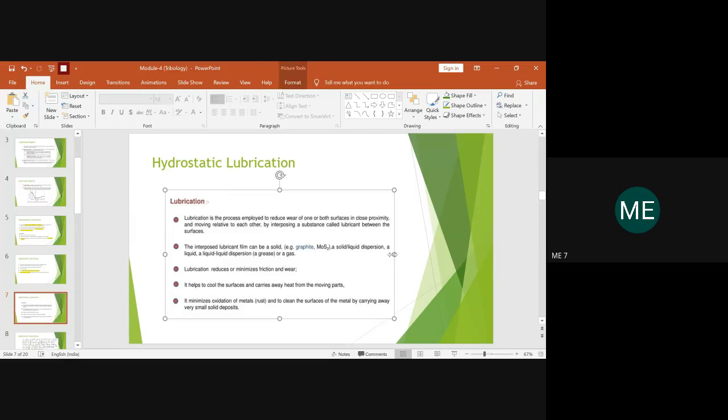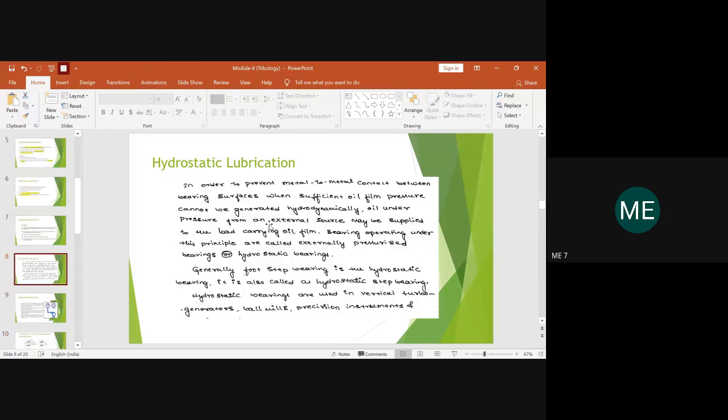What you have to understand here is what you mean by lubrication and what its functions are. I don't want to repeat again. It mainly reduces friction and wear. It helps to keep the contact surfaces cool enough by removing the heat released due to relative motion, and it also minimizes the oxidation of the metals across the contact surface. So due to these reasons we use lubricants, right? The same thing has been mentioned over here.